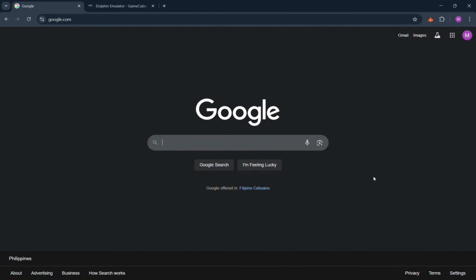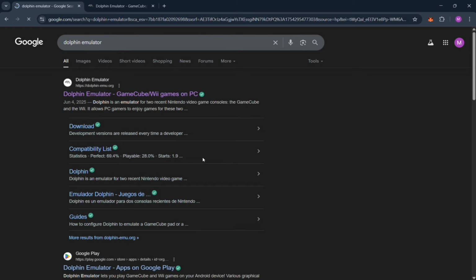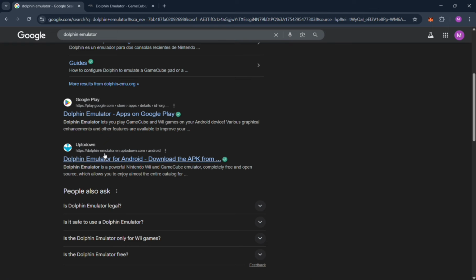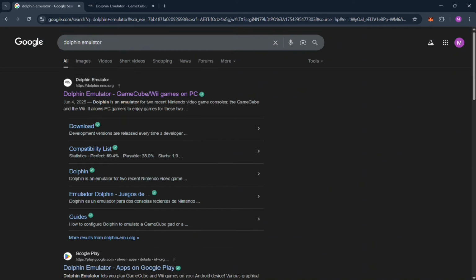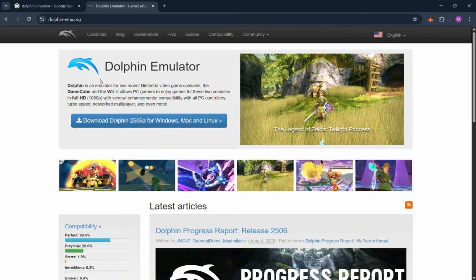And now to start downloading it, you can simply first open your browser and search on Google, for example, Dolphin Emulator. By searching on it, you should be able to see all of the results. So kindly click the first link that comes up, which is this one in here. Or you could also go to other platforms to download the Dolphin Emulator. But by clicking here